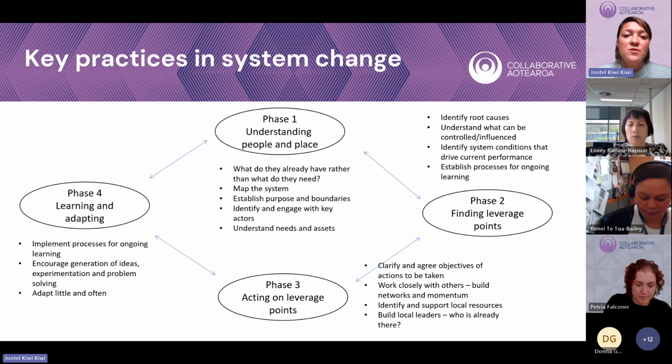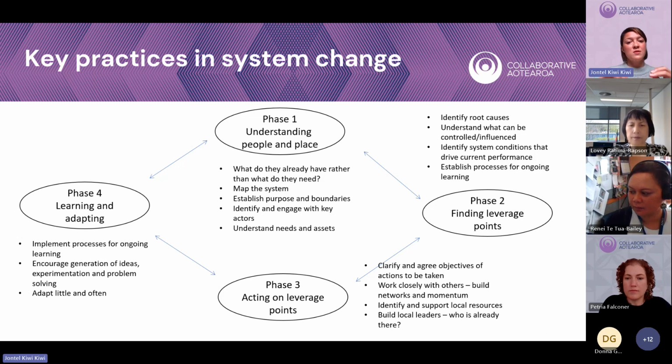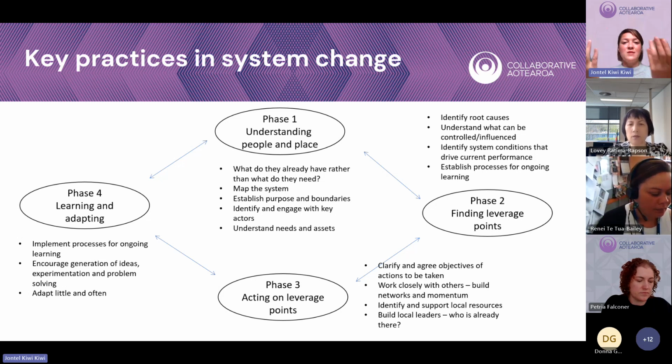Phase 2, finding your leverage points for making change. So again, identifying root causes, not just symptoms, but what's actually at the heart of those symptoms, because that will be impacting lots of symptoms rather than going around putting a band-aid on different things, trying to get to the core. So identifying those root causes, understand what can be controlled and influenced, identify the conditions that drive the current performance. What are the conditions that make the system produce these same events, drive these same patterns, and establish processes